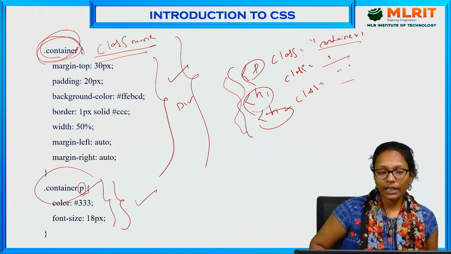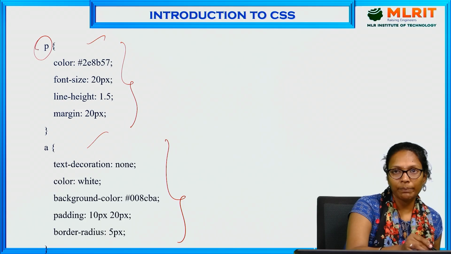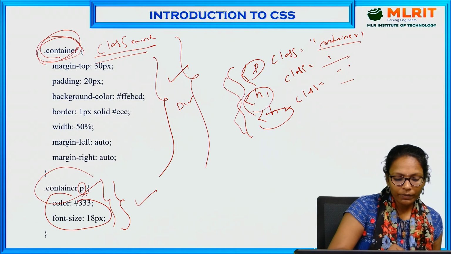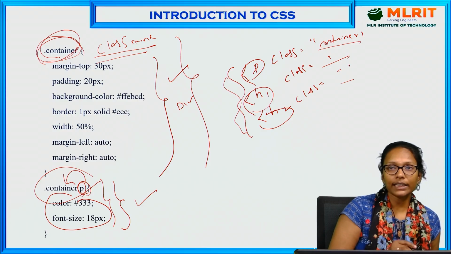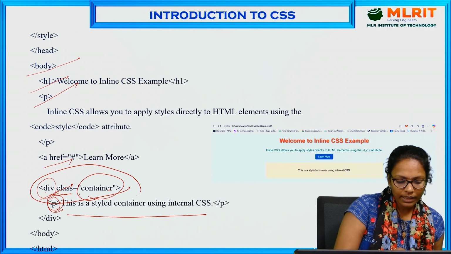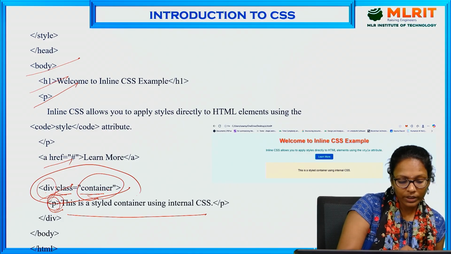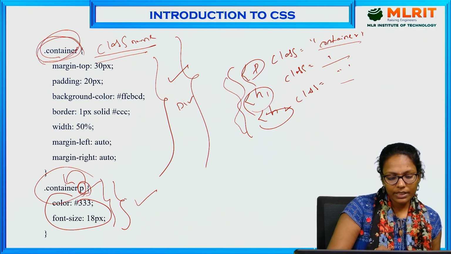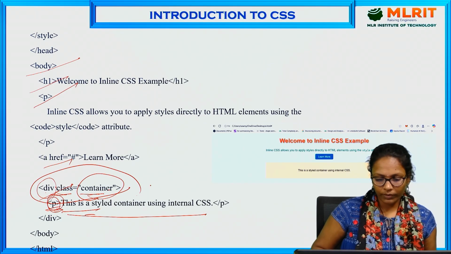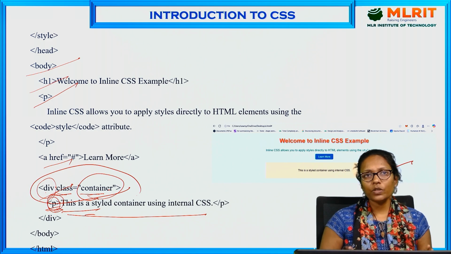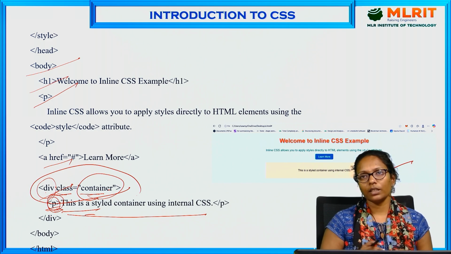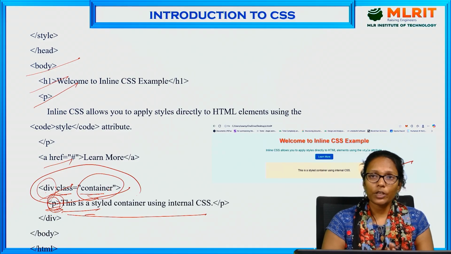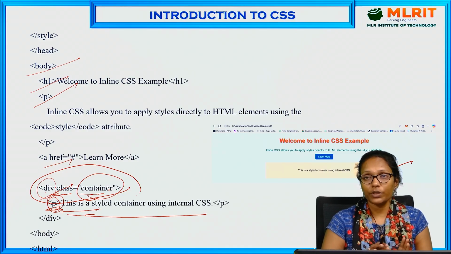So why are you separating like this? Why? Because already I have styles for P. I have style for direct P. And this style will be applied only for the paragraph which is available inside the container class. You can check here, inside the container class, inside this division tag only, I'm writing the P tag. So only for this P, the set of styles will be applied. So this is the output you are getting. And coming to the styles, we have different styles like text properties, background properties, font properties. Different properties are there. So based on the requirement, we can use any of the style properties that we will discuss